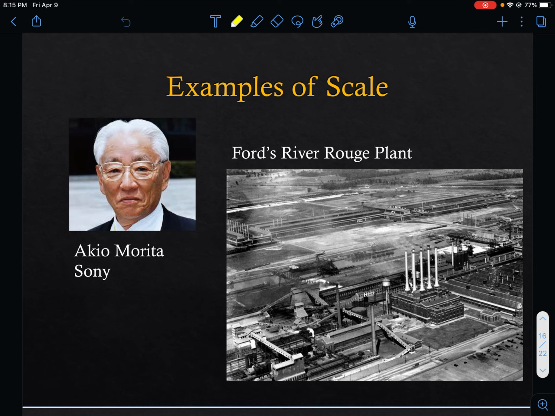So what is Morita talking about? Doesn't he know that you should get a volume discount? The more you buy, the lower the price should be? Maybe that's what we're used to or what we think of. But I think that in the short term, Morita had a really good sense of his cost structure, because that lopsided U that he's describing went probably something like this. I think that what he's describing is based largely on his average total cost curve.